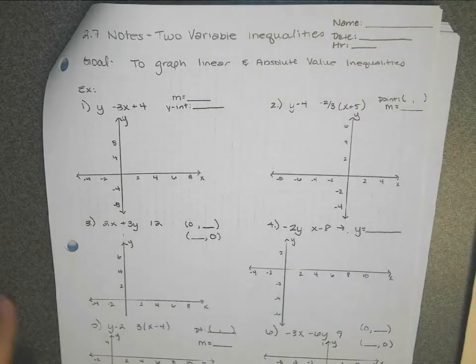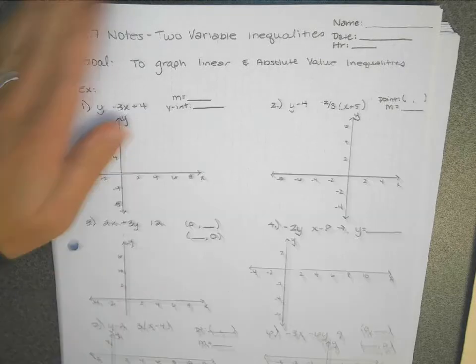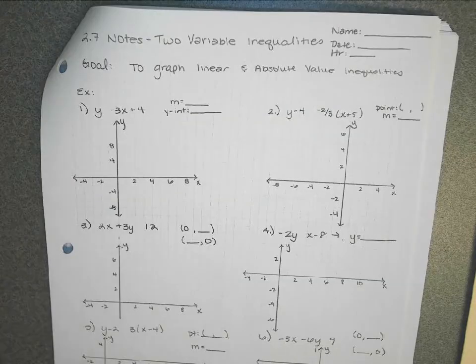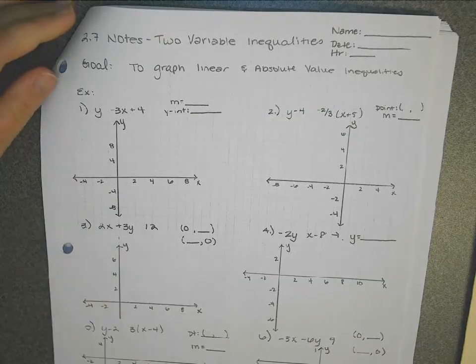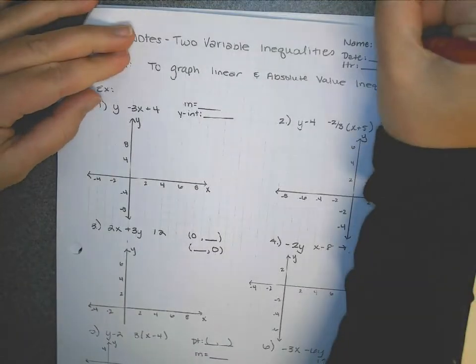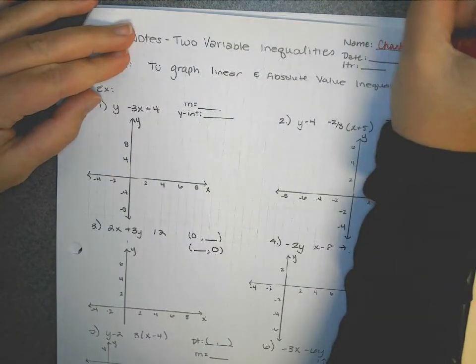So our goal is to graph linear and absolute value inequalities. Now that we've been practicing graphing absolute value graphs a bunch, now we're going to have to graph not